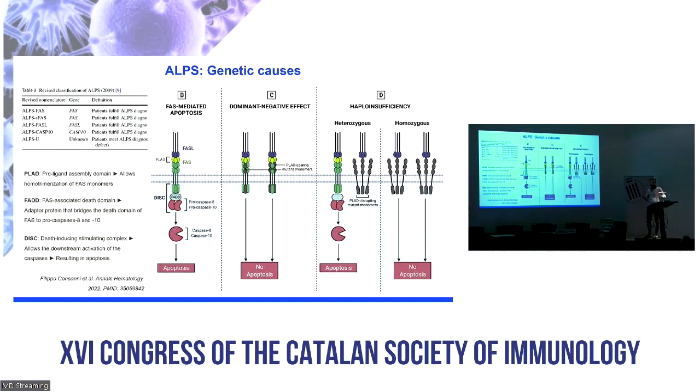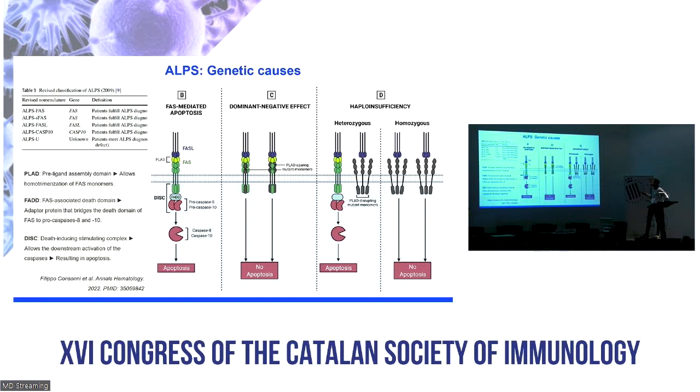So although the patients have half of the proteins wild type and half mutant, most of these trimers do not work because, as I said, only one mutant form incorporated in this homotrimer makes this trimer non-functional, okay? So about 75 or 80% of the patients have these heterozygous dominant negative mutations,